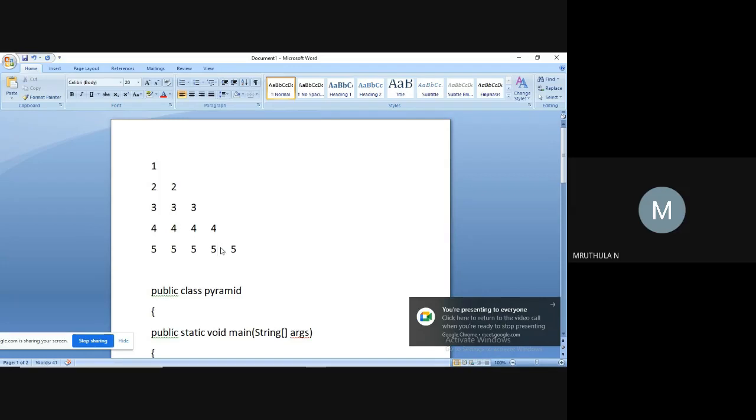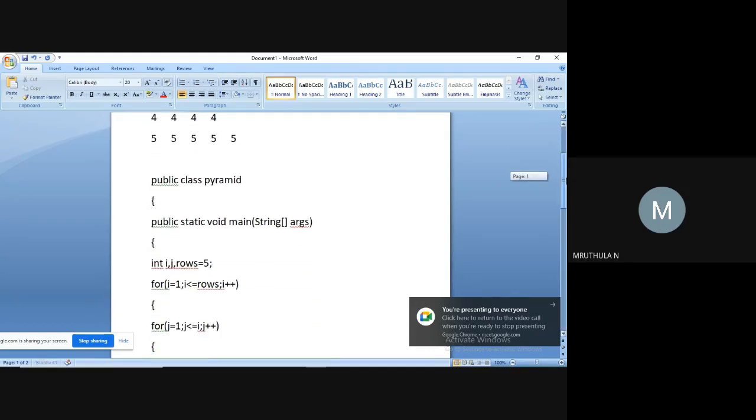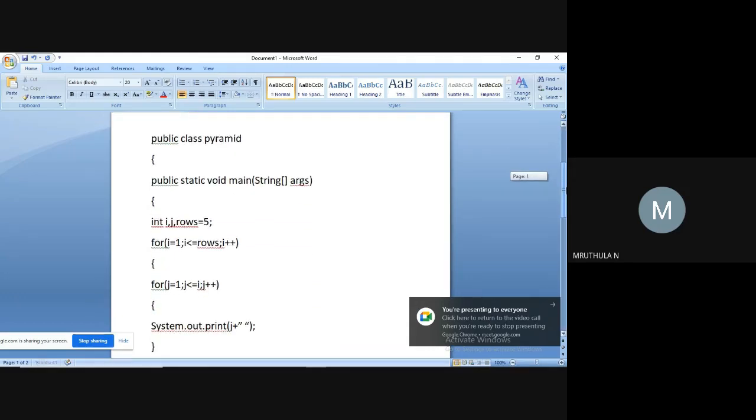On the first line, only 1. On the second line, I need to print 2 two times, and on the third line, 3 three times. How can we do that? Just go through this program.